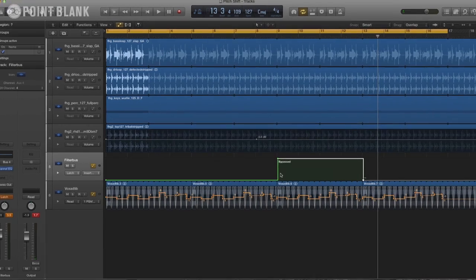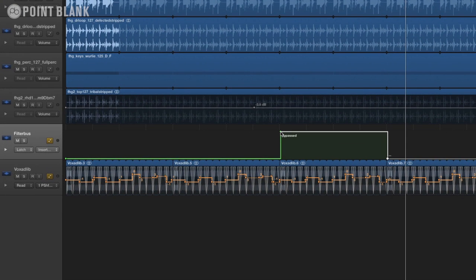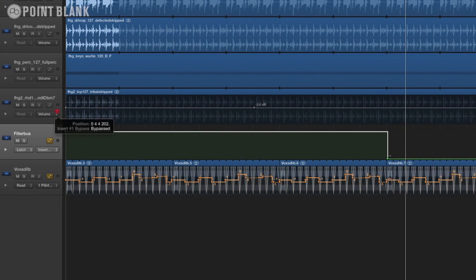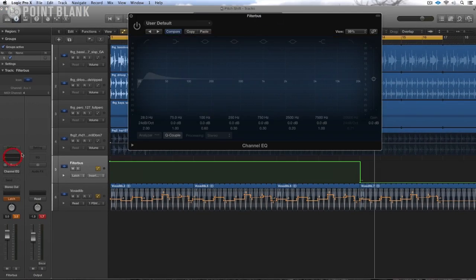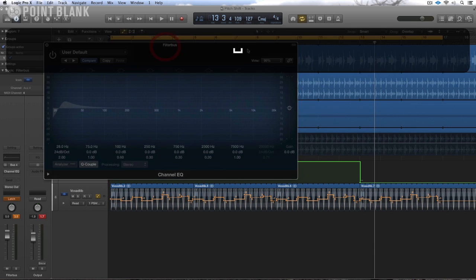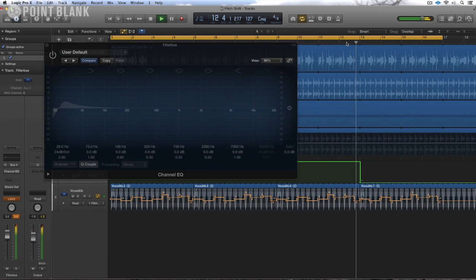So what this means is I can leave this switch to bypassed when I don't require it, and then let's say I'm going to bring this in over the last 4 bars here. I can set the bypass, and if I bring up the EQ, you can see this is bypassed, and let me bring in. There you go, you can see that switching in. Now remember, put it back to read before you touch anything else, or you can mess up your automation